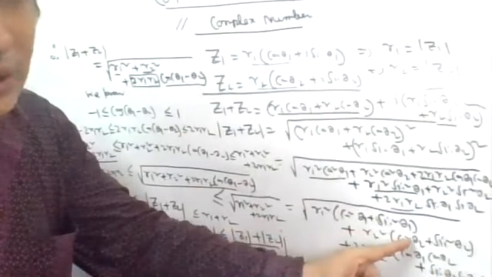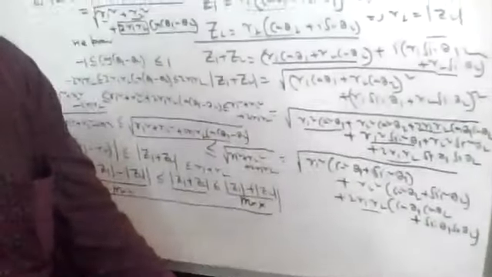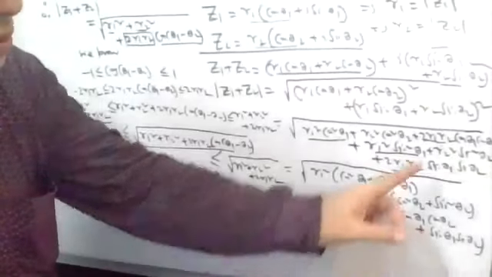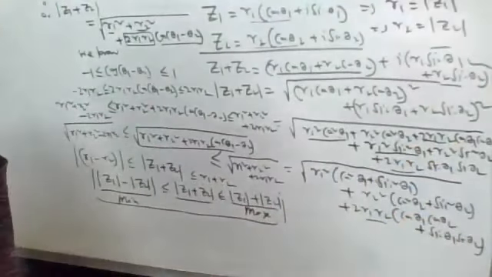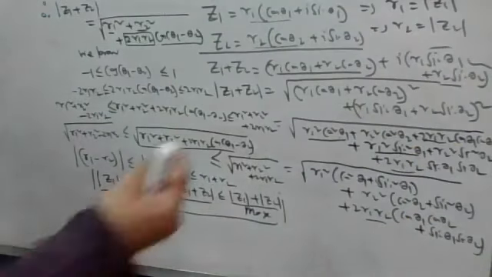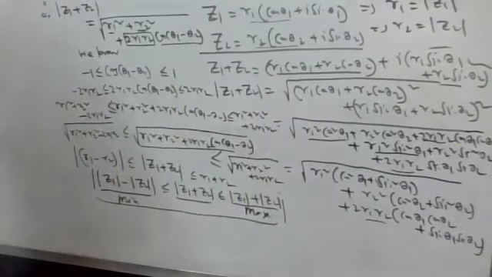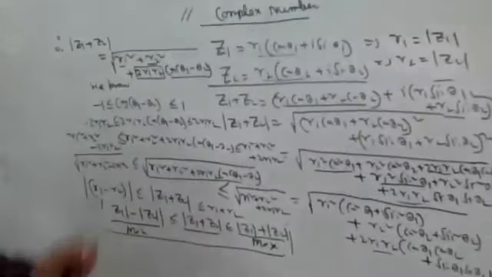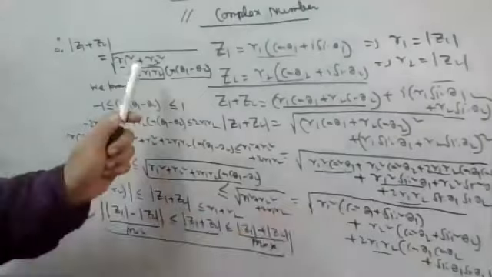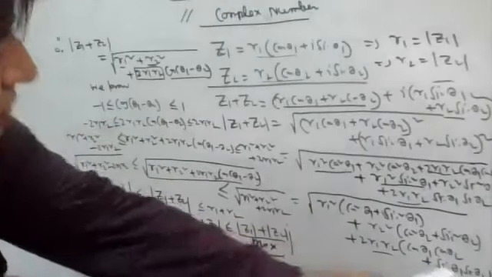R2 square cos square theta 2 and sin square theta 2 is clubbed in a bracket. And 2 R1 R2 from the remaining part taken common, you have got a cos A cos B plus sin A sin B form. Now, from this place you shift to this place. See, this part is 1, so only R1 square. This part is 1, so only R2 square, and this part cos A cos B plus sin A sin B